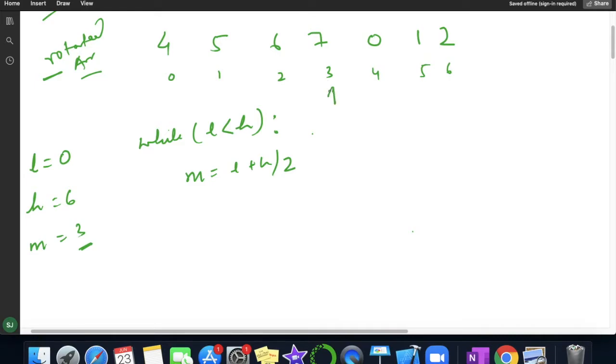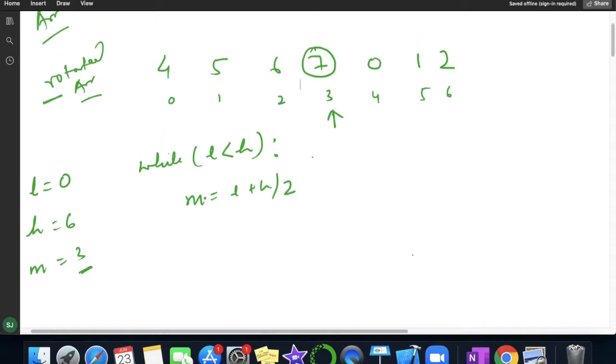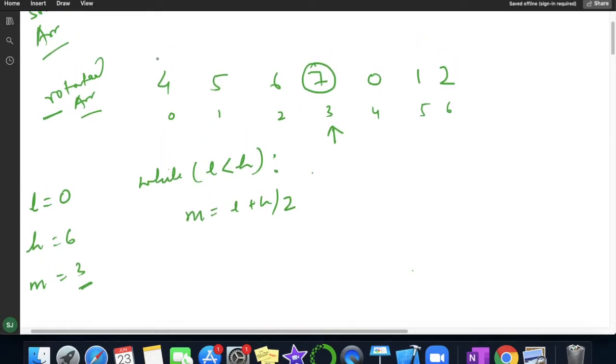Now we got our mid value. Mid index is 3 and that value is 7. Initially low is here, high is here and mid is here. Now we will check if the value present at mid, a of mid, is greater than a of high.